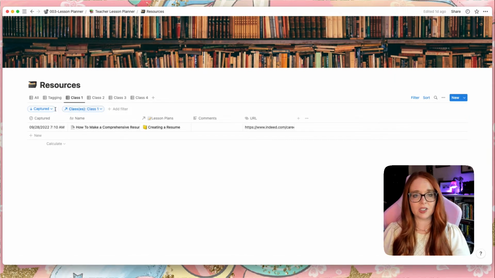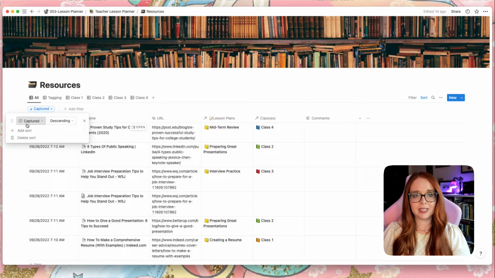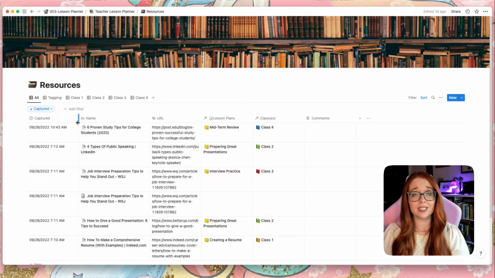And I just left it as class 1, 2, 3, and 4 for now. So you'll see that the fields I have in this database for you are captured date. I find that to be supremely useful. I always like to sort typically by captured descending because that's telling me what I captured, what I collected most